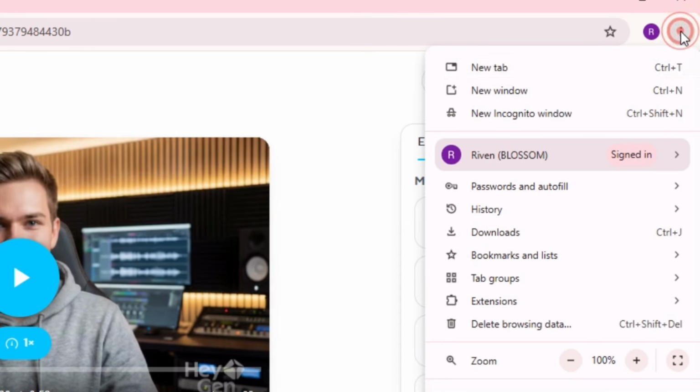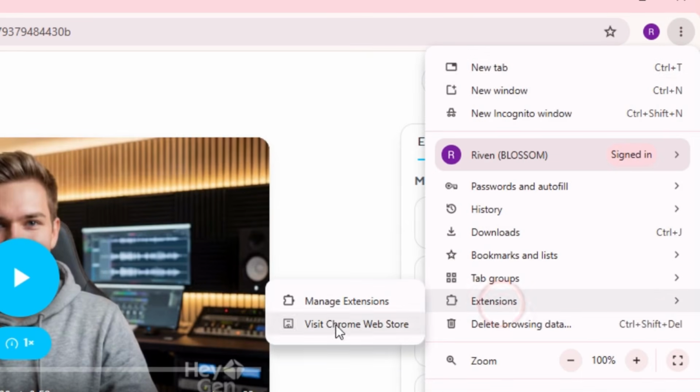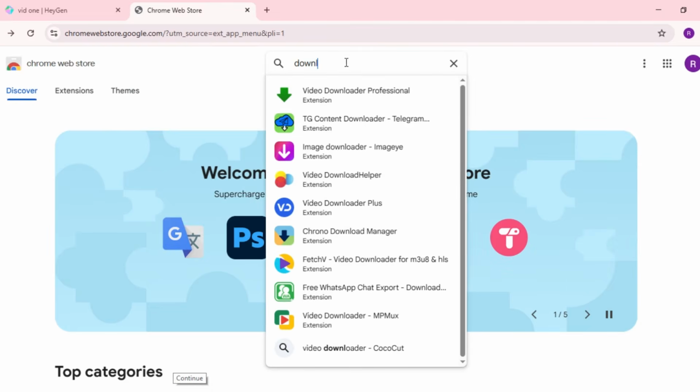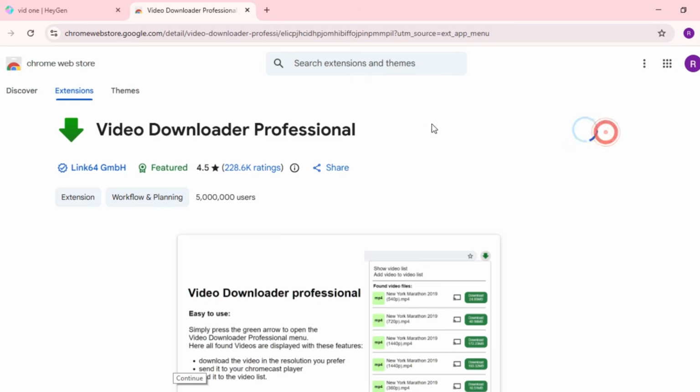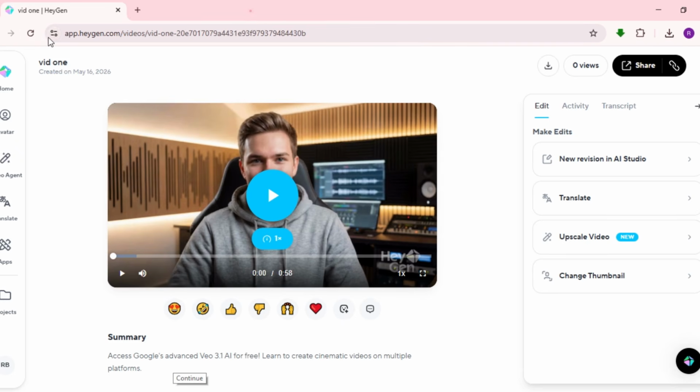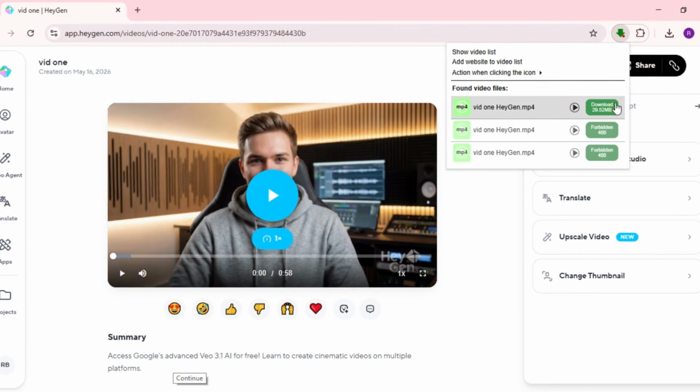Click the 3 dots on the top right of your browser, hover over Extensions, and open the Chrome Web Store. Search for a video downloader and make sure you choose this exact one. Follow the instructions to install it and add it to Chrome. Once installed, pin it to your browser. Now, return to the tab with your generated video and refresh the page. That is it. Click on the Video Downloader extension, and you will now be able to download the video directly